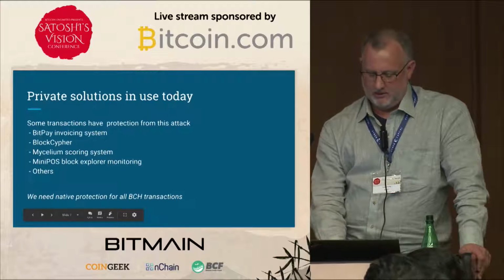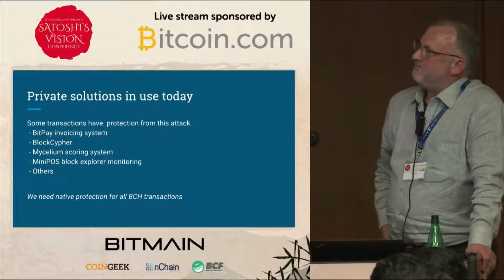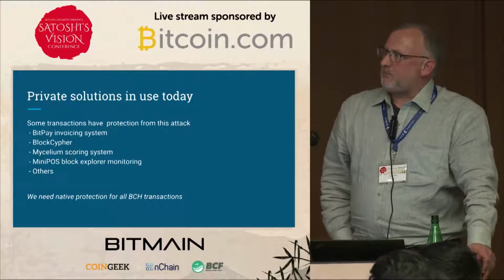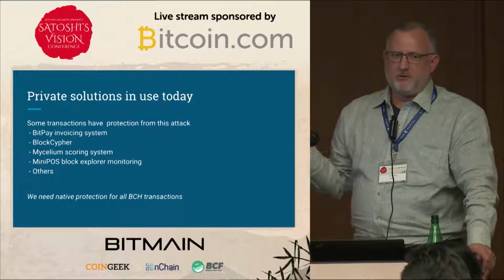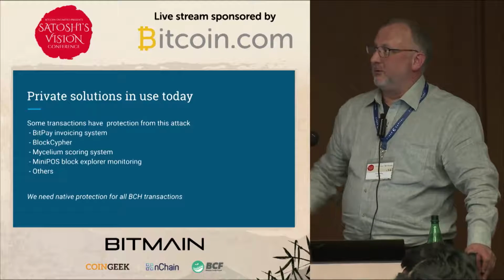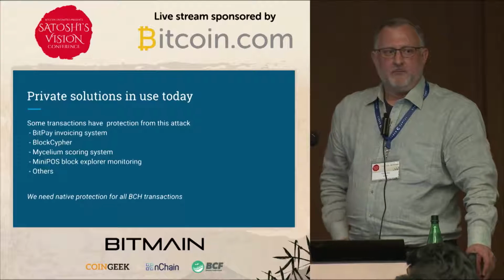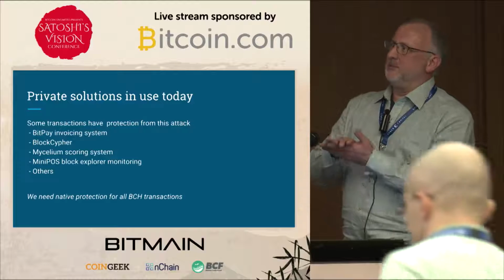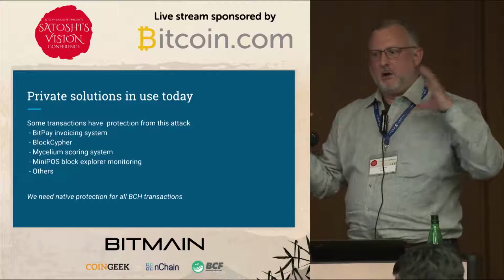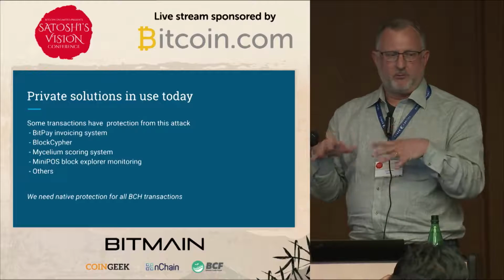Okay, so I want to mention, I don't know if it's surprising or not, that the attack can be successful. There are private solutions in place for large classes of transactions which improve on that situation. So BitPay has it, BlockCypher, these are the ones that I'm aware of, and there are even others. These protect more because the merchant will have their own, like BitPay, I believe, has their own private monitoring network that relays double spends not through the P2P network, but through their own private network